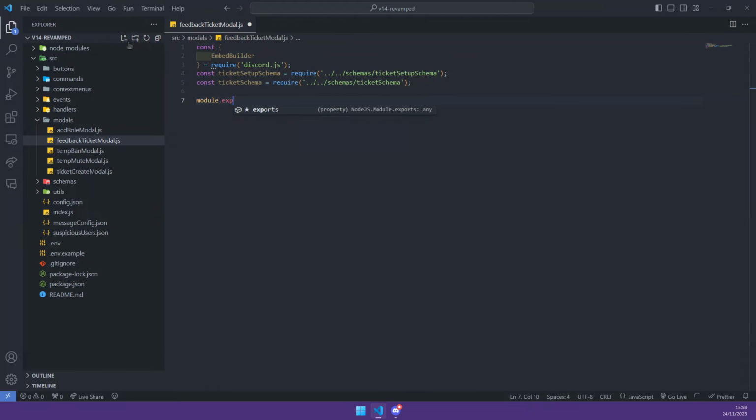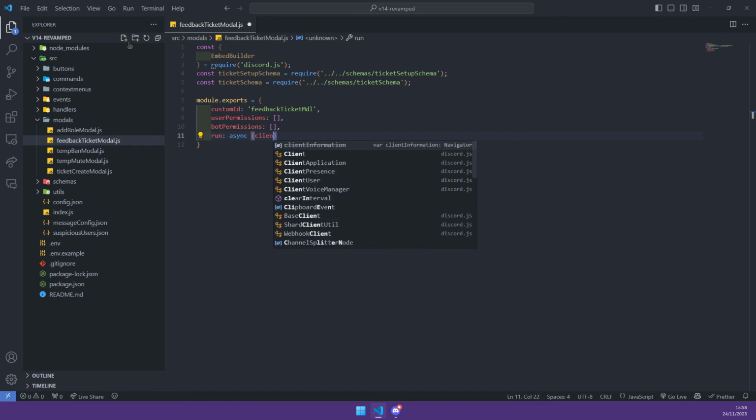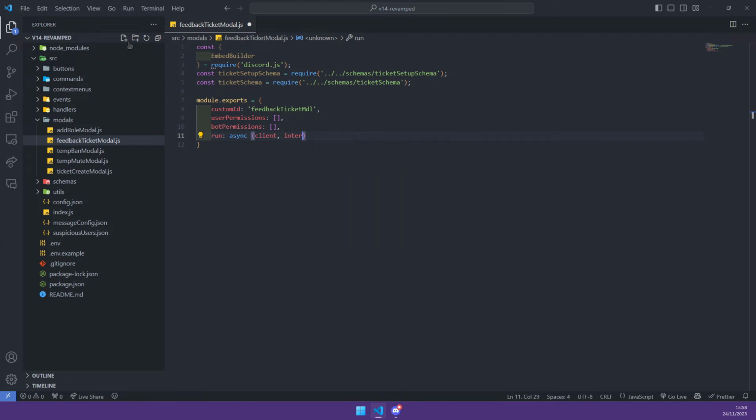Next, we're going to module.exports, and the custom ID will be feedbackTicketModal, and the user permissions will be a blank array, and the same with the bot permissions. Next, we need to run async client interaction. Next, we're going to add a try catch statement, and we're going to catch any errors, and we're just going